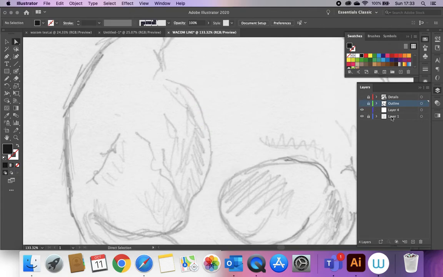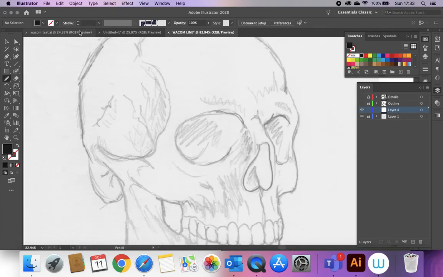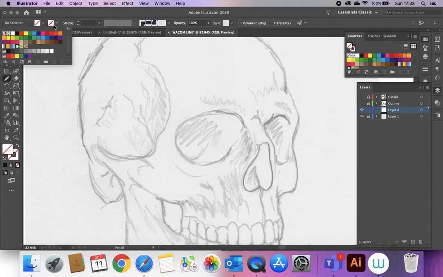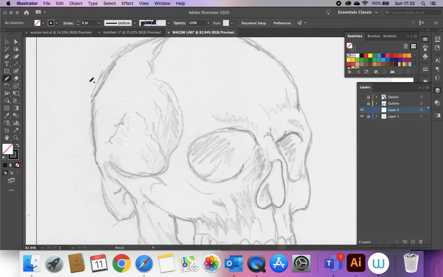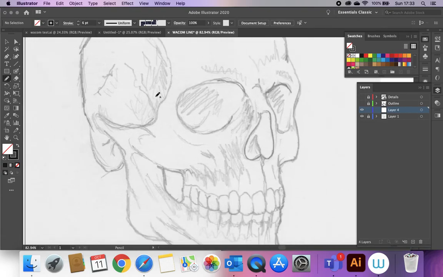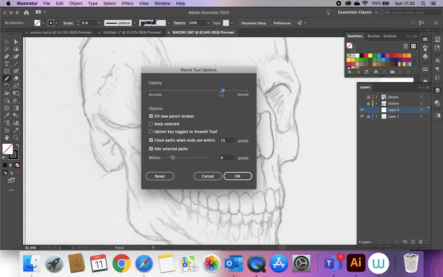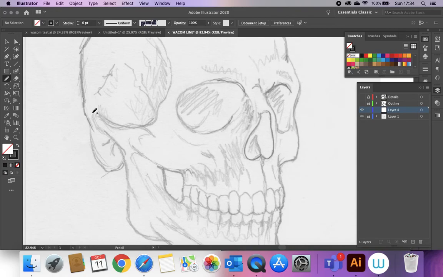If I hide that and I start on this layer and I use my pencil tool, I'm going to do no fill and a black outline, and I want a 5 point or a 6 point stroke, let's go for. If I show you now what the pencil tool looks like, and you'll see if I double click that, again you want it smooth, we don't want keep selected, we want it to fill new pencil strokes, and everything else there is fine. If I show you what that one looks like,